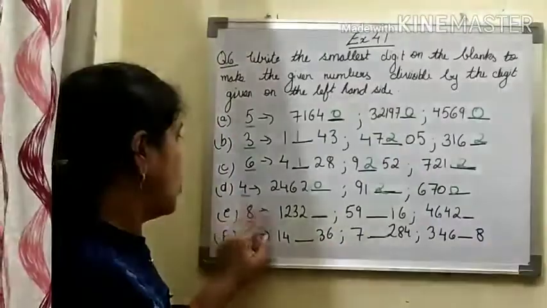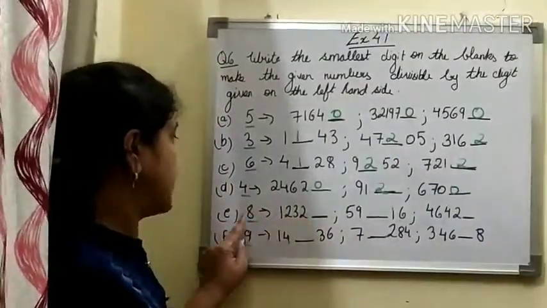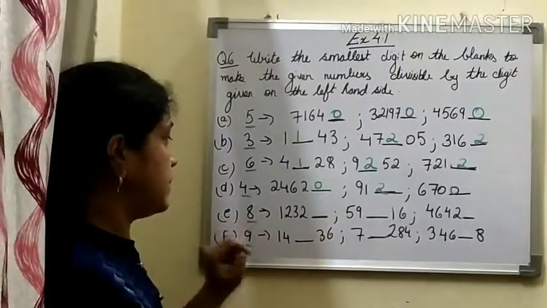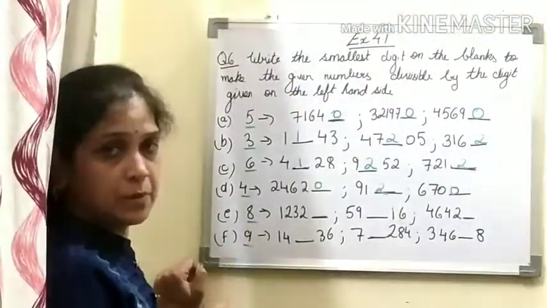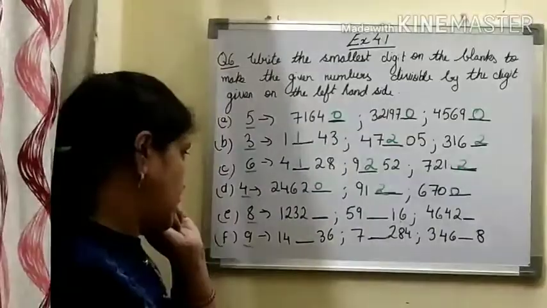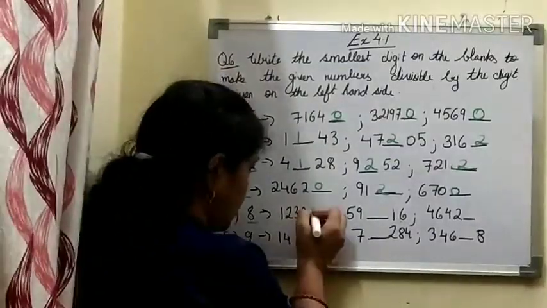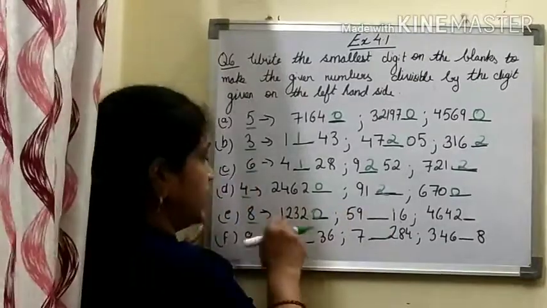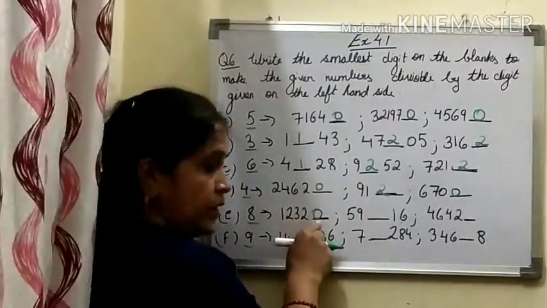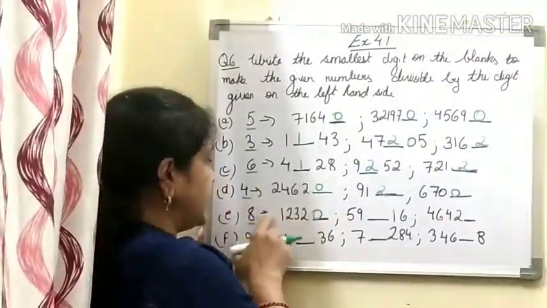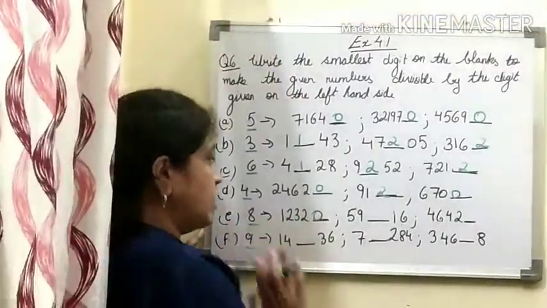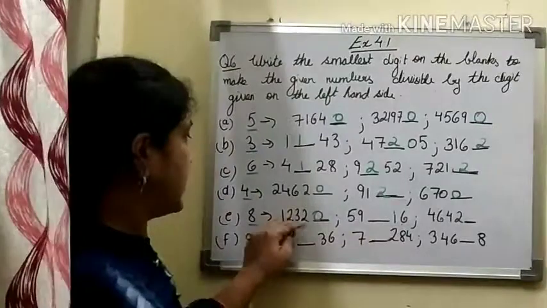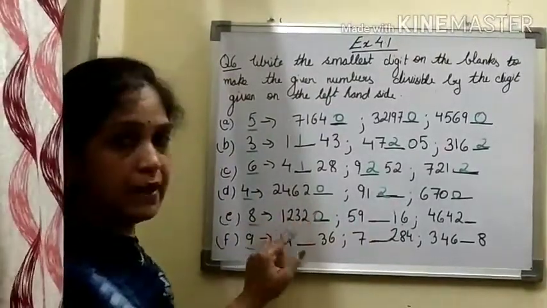Now next, 1, 2, 3, 2 dash. To test whether this number is divisible by 8, we have to see whether the last three digits are divisible by 8. So, if I put 0 here, the last three digits become 320. In the 8 table, 8 fours are 32, yes, the last three digits are divisible by 8. So, if I put 0, then that number gets divisible by 8.